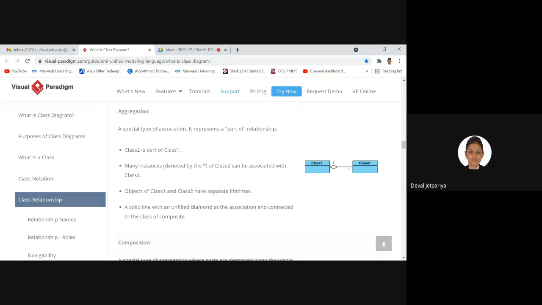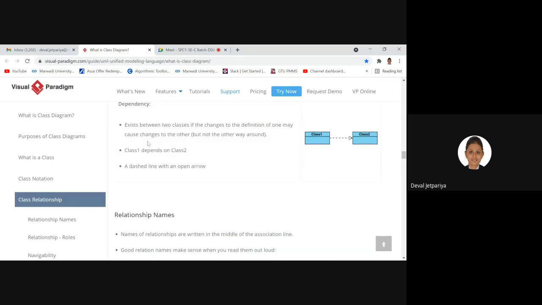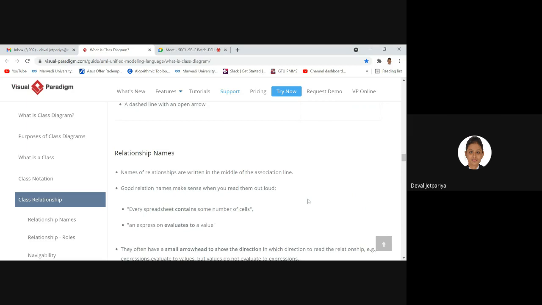The fourth one is composition, where an object of class 2 lives and dies with class 1. If you remove that particular instance from class 1, it is automatically removed from class 2. That can be represented with this solid line. Dependency: if class 1 is dependent on class 2, you can mention it like this.